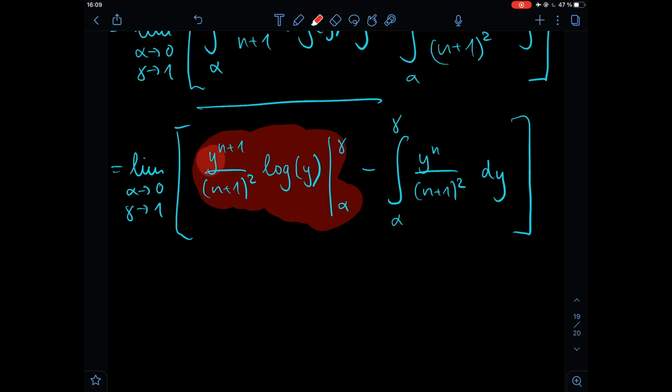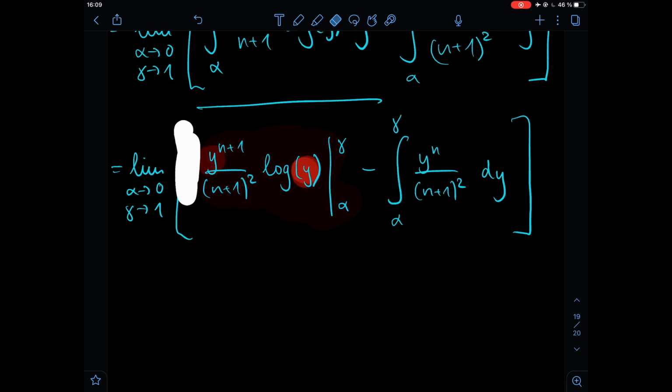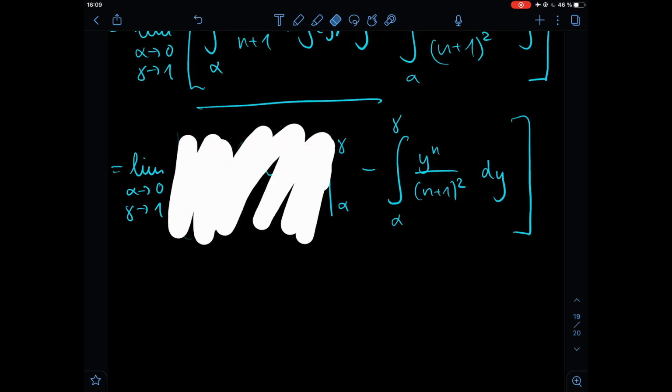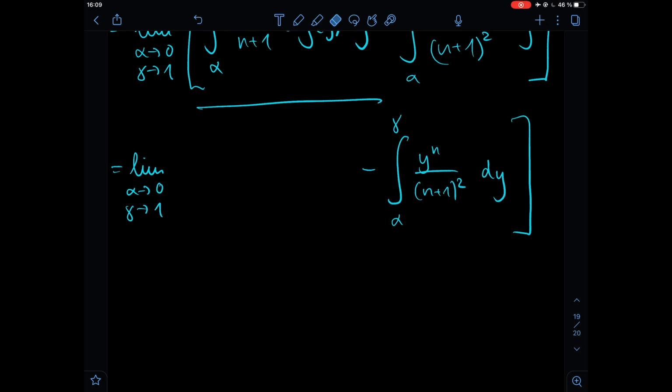1 for gamma means that this is 1 and this is also 1, but log of 1 is 0, so the whole thing is 0. Nice, the whole thing flies out. Perfect. Then the second one. The second one is we plug in 0 for alpha. So we have a 0 here, and this is a 0, so we have a 0 here. This gives us minus infinity. We have the same problem again, 0 times minus infinity, but we already solved that with L'Hopital, and we know this gives us 0 in the limit, which means that this whole thing is 0 and can be dropped completely,